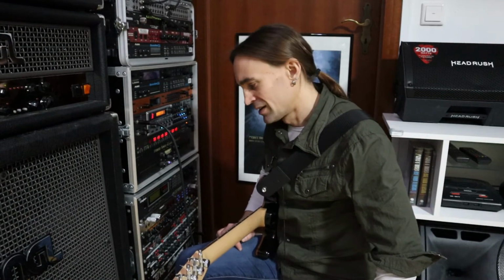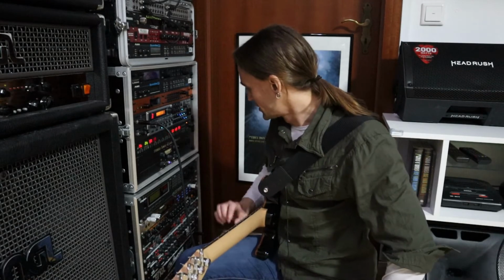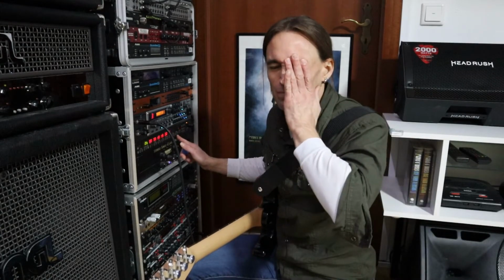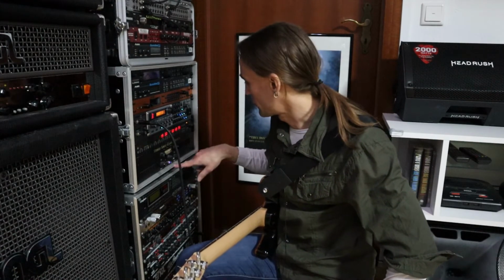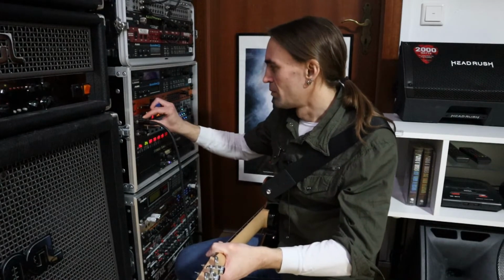Usually the presence is the negative feedback amount of the high end in the power amp. So you have the presence controls in the power amp, of course, but the Triaxis also has a presence control which works way differently than the presence control you are maybe familiar with from the usual power amp control. But anyway,